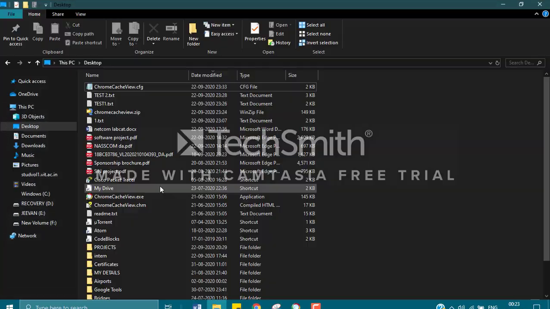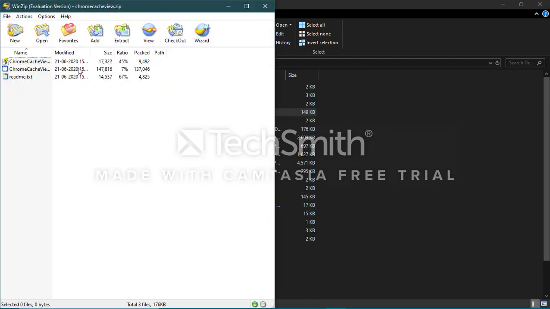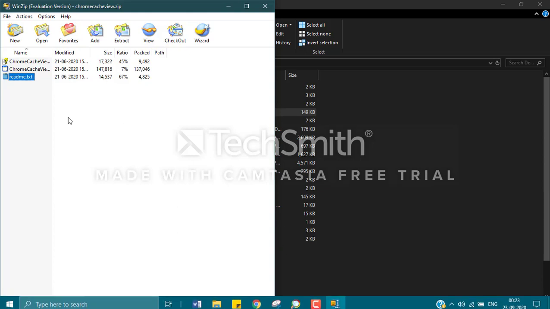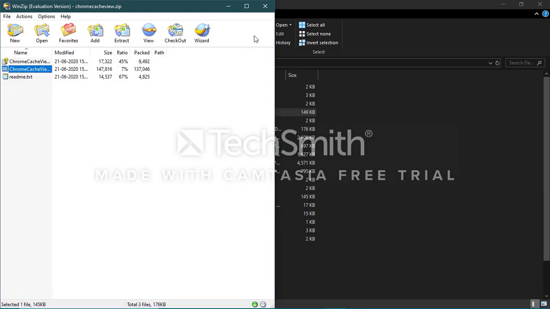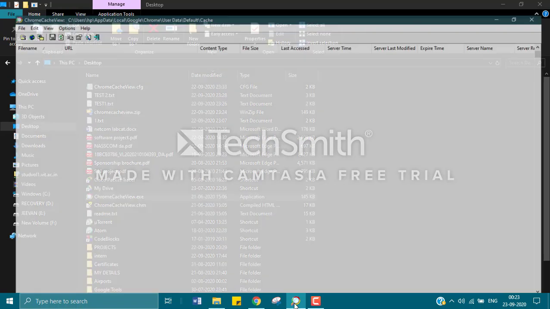I have already downloaded this file, and let's open this. There are three files stored in this. The first one and the third one are basically the documentation that we just saw on the browser, and the second one is actually the application we're looking for. You can extract it with any extractor available to you. I've already extracted them, and here are these three files. These three files are very crucial, I guess, mostly the first one, that is the basic application. So we're just going to click it.